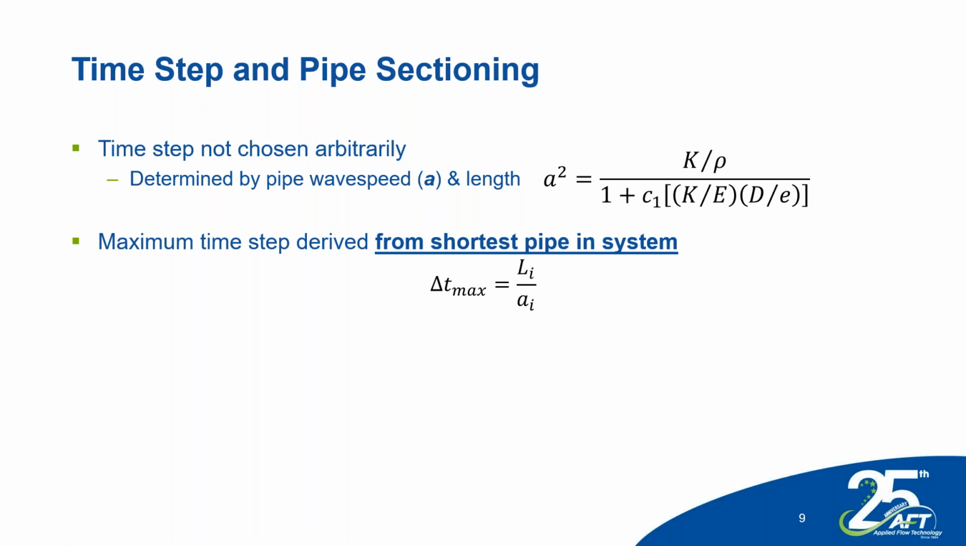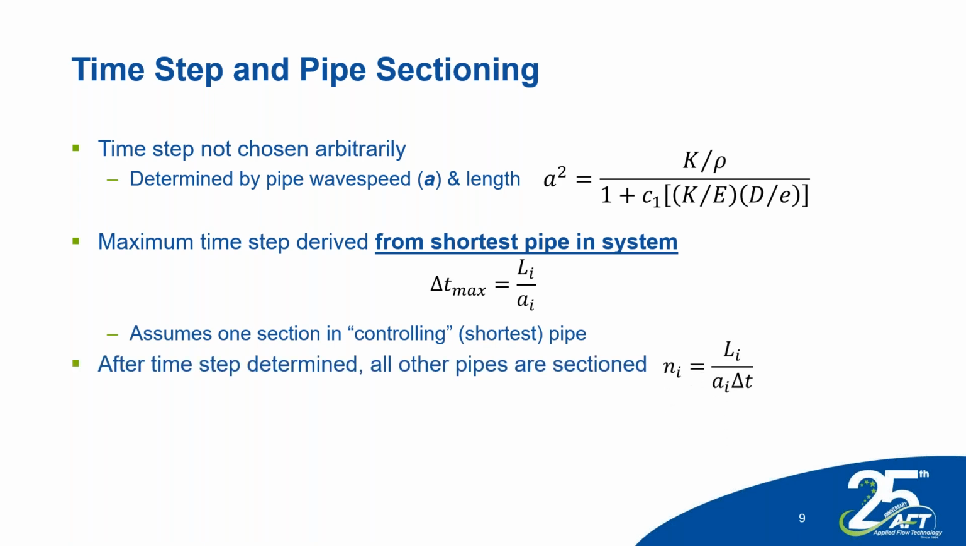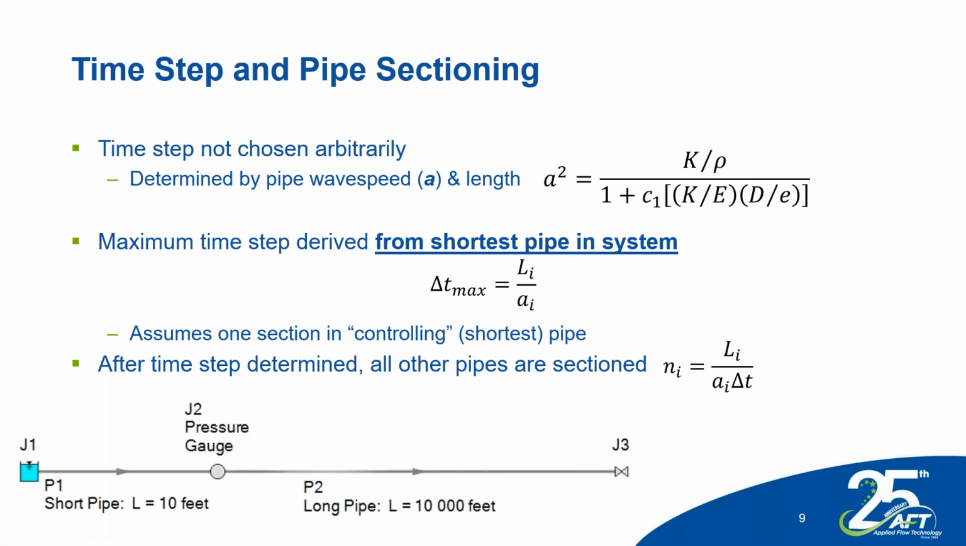And the reason why we use the shortest pipe is so that it can ensure that there's enough resolution to allow the waves to be able to pass through your system and to see what's going on. And it's going to start by assuming one section in the controlling pipe. So if we use one section in the controlling pipe, we can calculate our time step. And then once we know our time step, all the rest of the pipes can be sectioned. So we know the length of each pipe, the wave speed, and the time step. We can calculate how many sections are going to be in that pipe. Bottom line is, the more sections and more computation stations that you have, the longer your runtime is going to